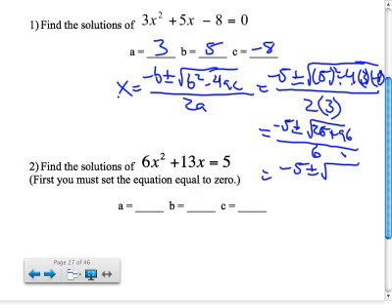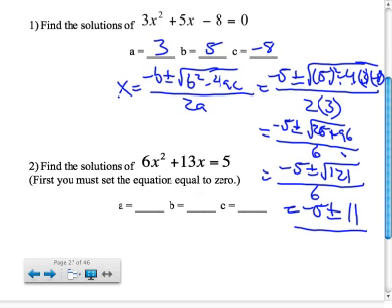That's 121 divided by 6. Well, we know what the square root of 121 is, so I have negative 5 plus or minus 11 divided by 6. Okay, so then you have two answers here. Coming back up here, negative 5 plus 11 is 6. 6 over 6 is 1. Negative 5 minus 11 is negative 16. So then your second answer is negative